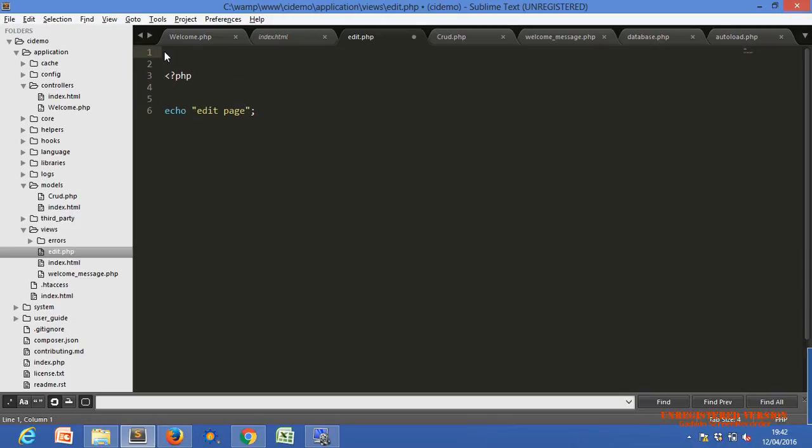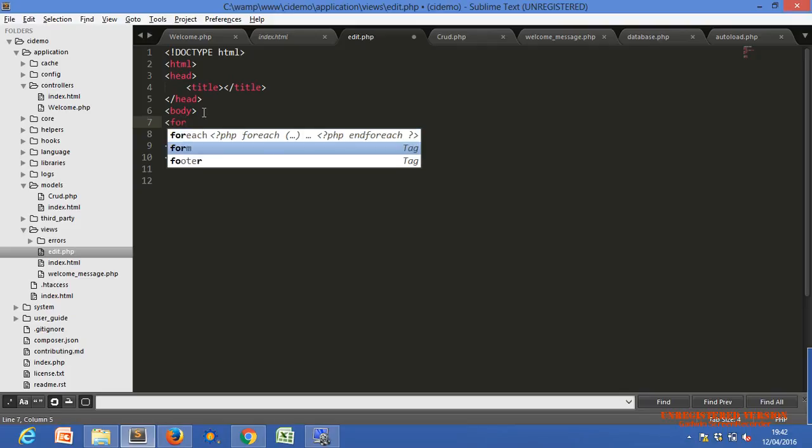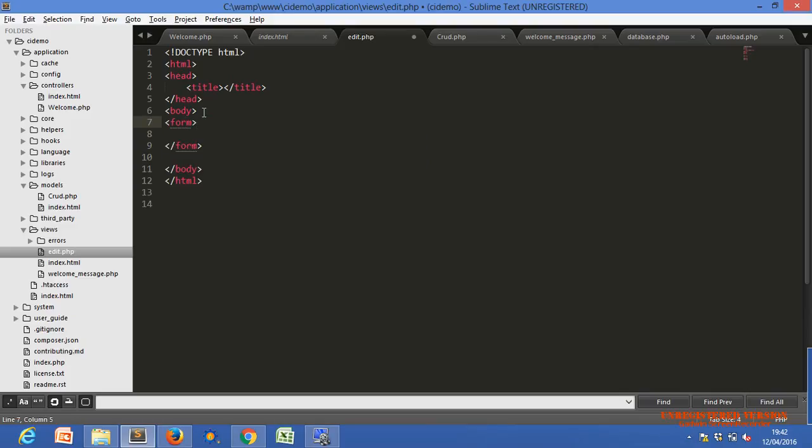Now in the edit page we create a form, method post, action.